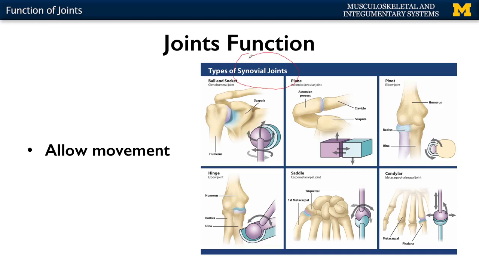So these are the most numerous types of joints, and they are organized in a manner to either allow them to have movement in many different axes, or sometimes only in one axis. And we'll talk about these differences between these 6 types of synovial joints in a later module. So movement is the main function. That's what we'll spend a lot of time on, but I also want to note that it plays a role